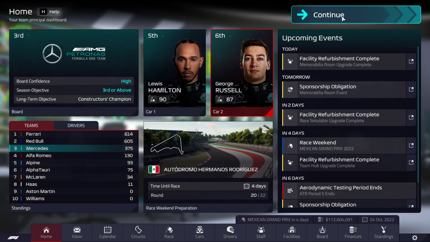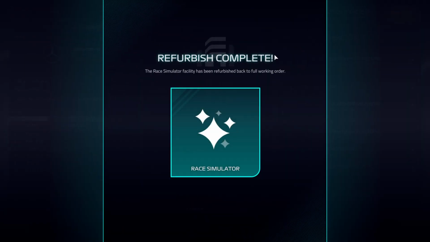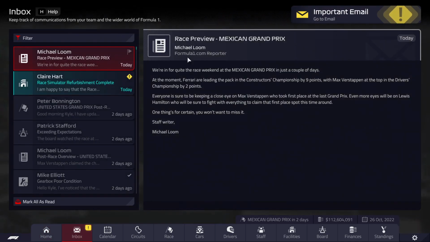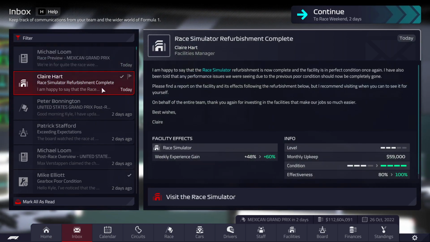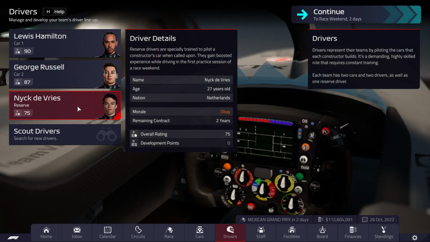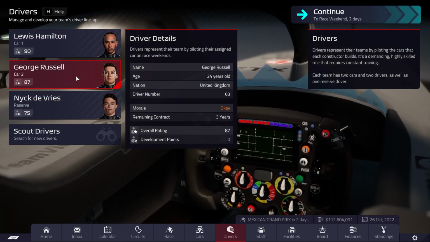We already had the memorabilia room upgrade completed. Already put the new parts on the car. It's really nothing to take care of here. Yeah, the race simulator is also refurbished, so that'll help the simulator experience gain. That'll help for De Vries, who I'm thinking about putting in the car for practice. Really depends on the overall,